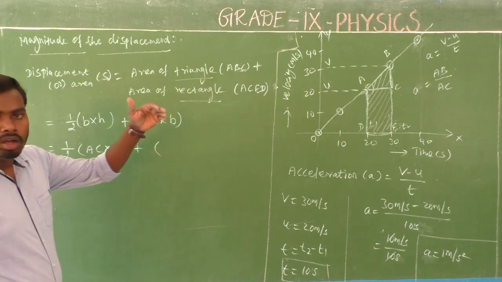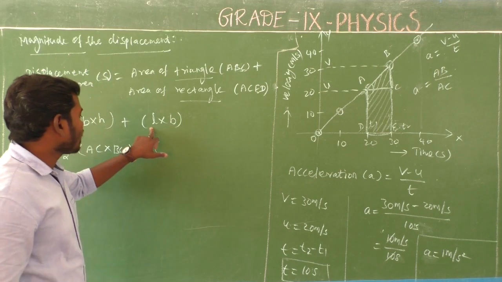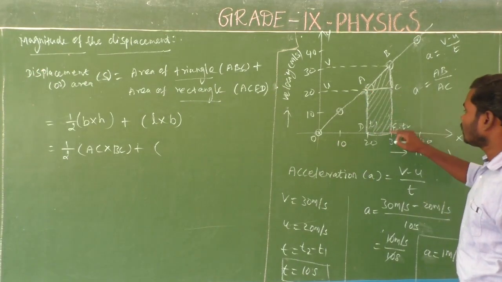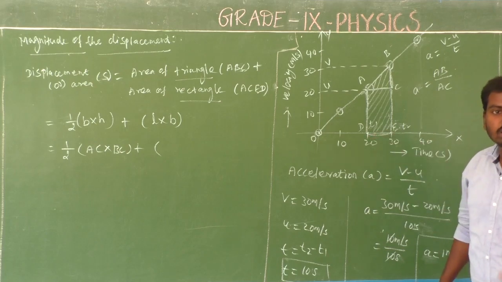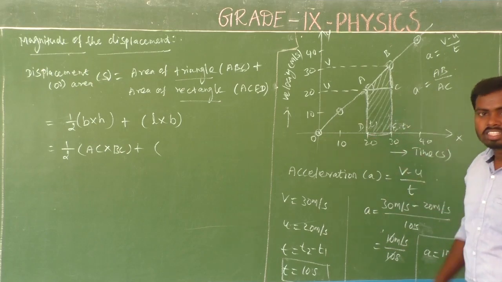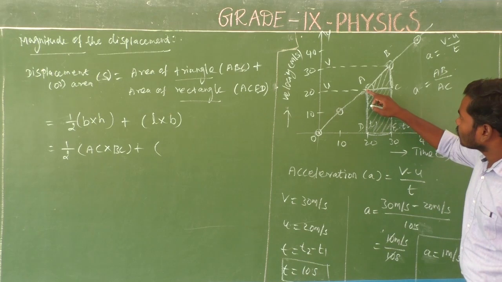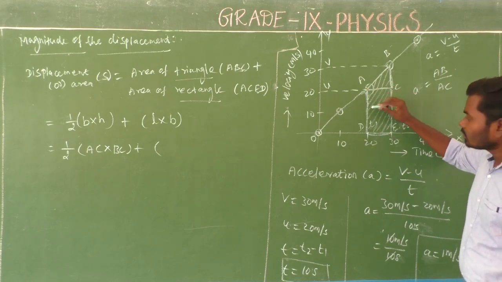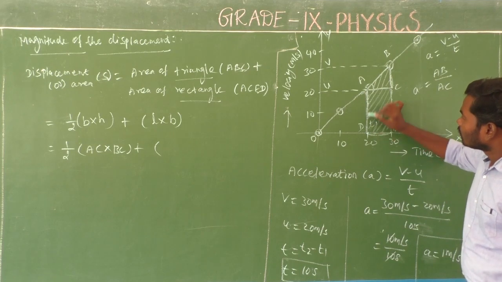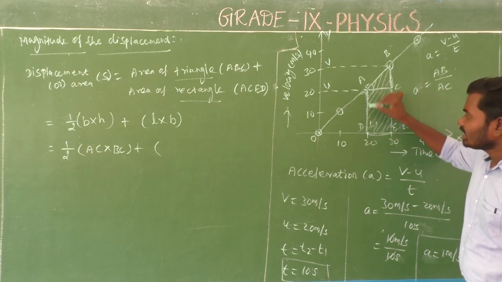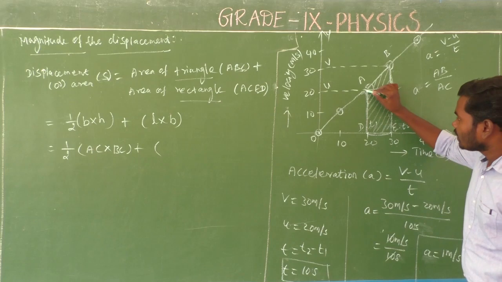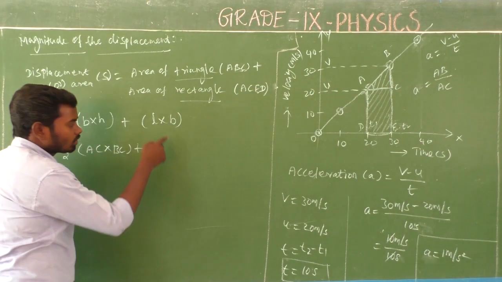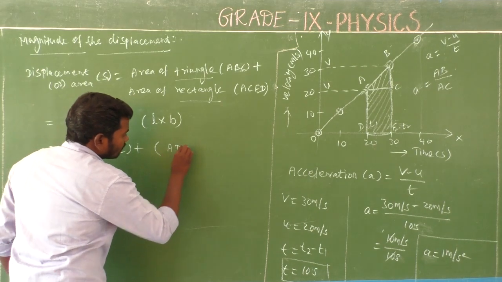Now come to rectangle, area of rectangle. The area of a rectangle formula is L into B. So this is the rectangle. In a rectangle, which is length and which is breadth? Look here, this is the rectangle. Here, AD is the length. So L is equal to AD into breadth.